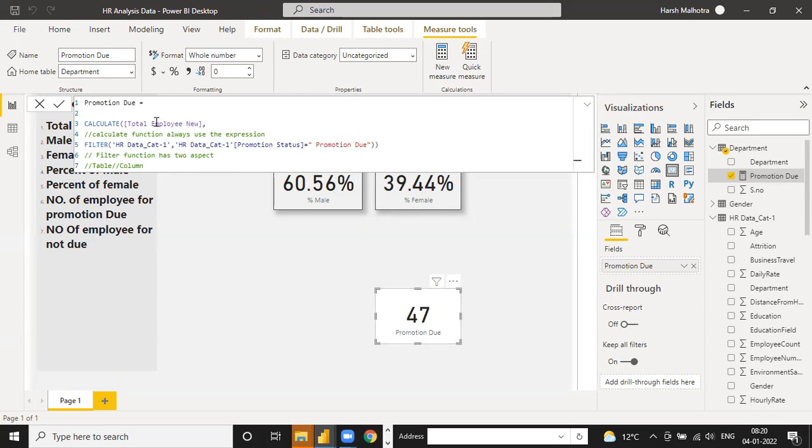A key measure is like total employee, which is very important for our data: total employee, total salary of the HR person, total department, total region. The calculate function's expression is always a key measure, and the filter function is always a different table. I will cover all this one by one, which kind of table we are using. First we are using the gender table, then here we are using the promotion status table.